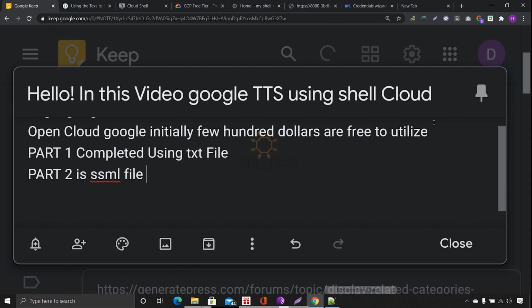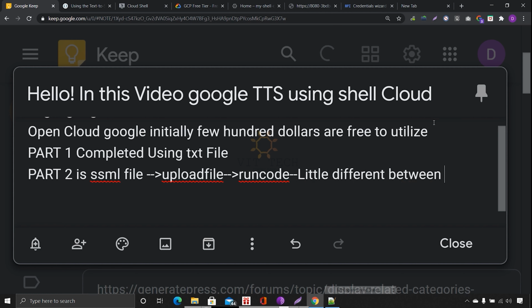So the SSML file is the same thing, but we have to upload the files and run the code. There is a little difference between text and SSML.